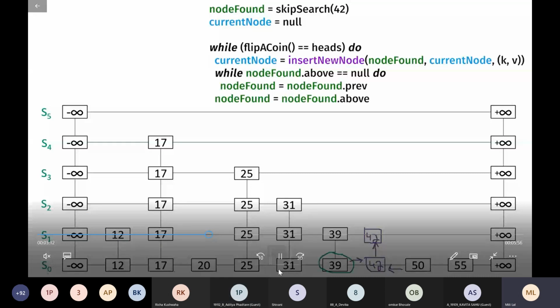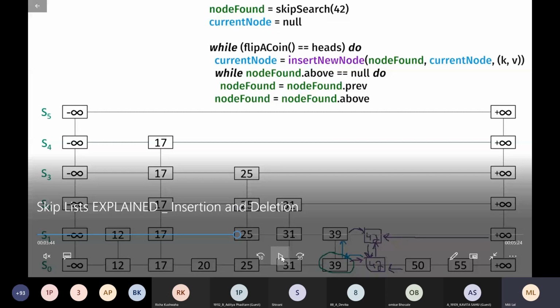Okay, so that is decided by flipping the coin above 42, that is, how many levels you need. 39 will be connected to 42 and 42 will be connected to the tail node. Is it clear? Can you see the screen, how it is working? Did you see the image? Have you all understood?